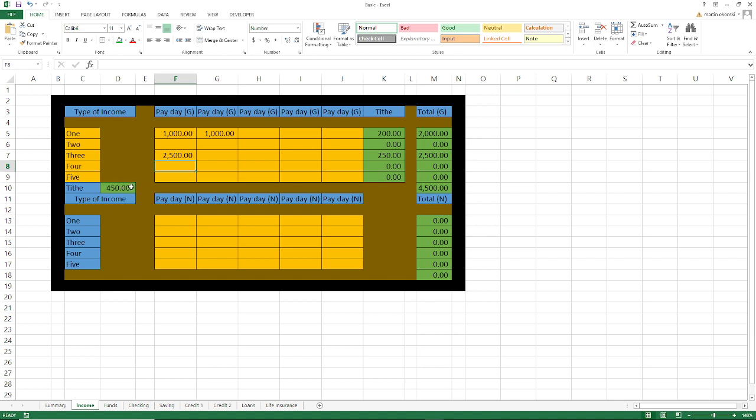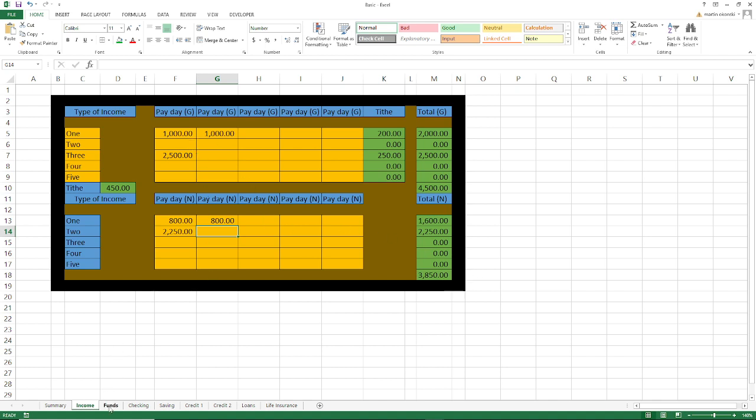I can't tell you how to tithe or what to tithe, but this is 10%. So that's what I have. And you also want to figure your net pay. Is it probably $800 this one? Let's say 225 in that one, 800 in this one. So the net total is 4,500, but the gross total is 3,850. So that's basically how it's set up.